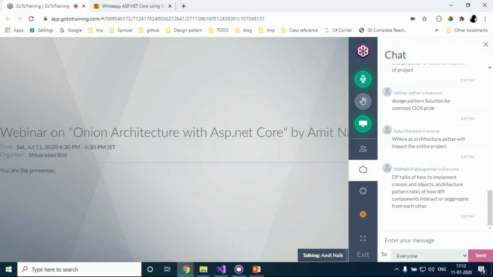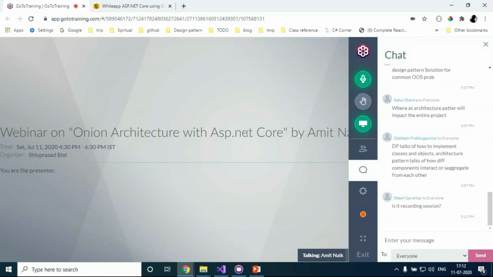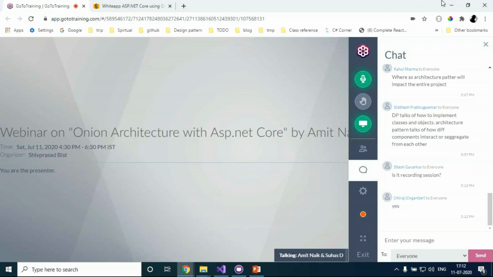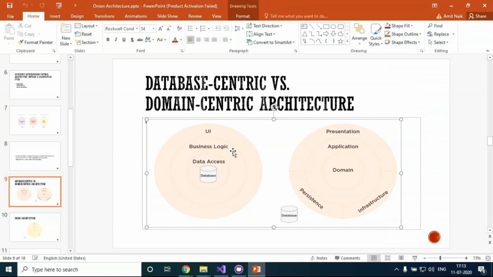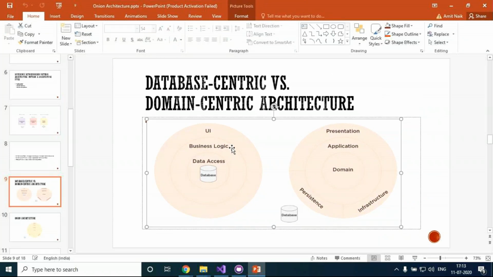I had divided this course into four parts of 50 minutes. In the first 10 minutes, I'll cover the theory of what onion architecture is. Then we'll see a simple demo in the project, and later a real-time project and how we're going to implement it. So it's divided into 3 parts. Before coming to onion architecture, we'll first see what the database is, and if you have any questions, we can sort them out.